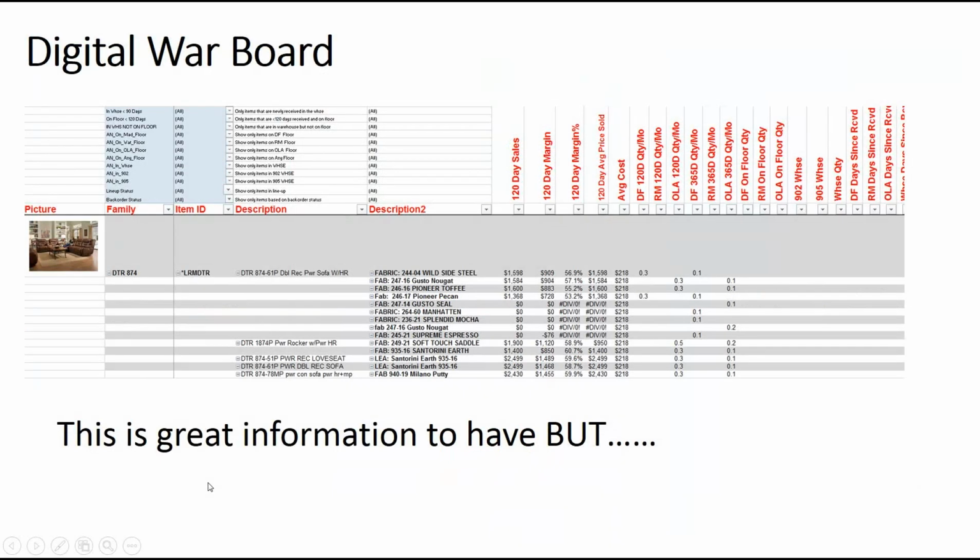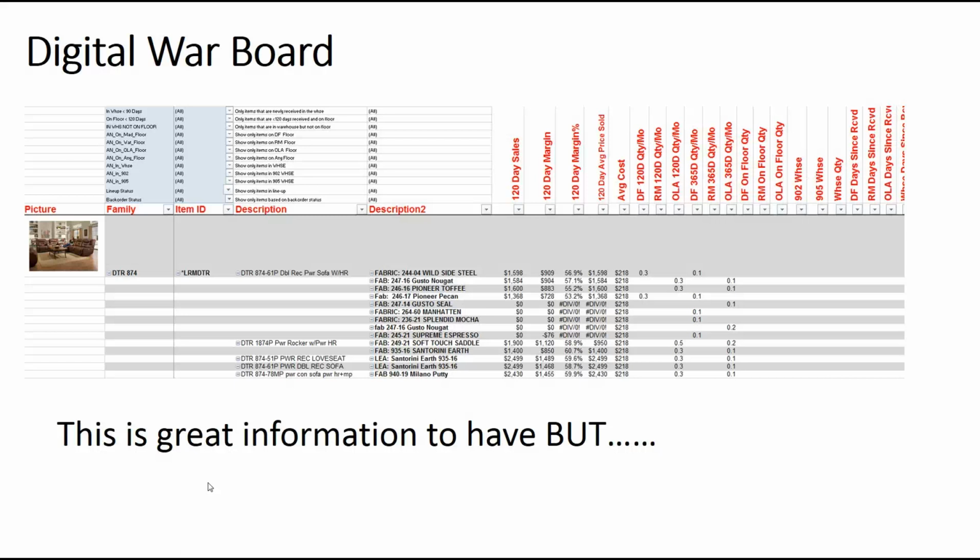Okay, so this is coming back a little bit away from price tags, but this is what we're calling our digital warboard. This is actually part of the sales analysis tool that is also part of the Tools2BFirst set of tools. Basically, it's very large spreadsheets that we dissect and look at all of your family information, understanding what your best sellers are, using the metric of 120-day margin dollars as a key metric based on return to your business. So in this view, we can look at special orders, non-special orders, understanding what color, fabric, frame is selling, what's not,